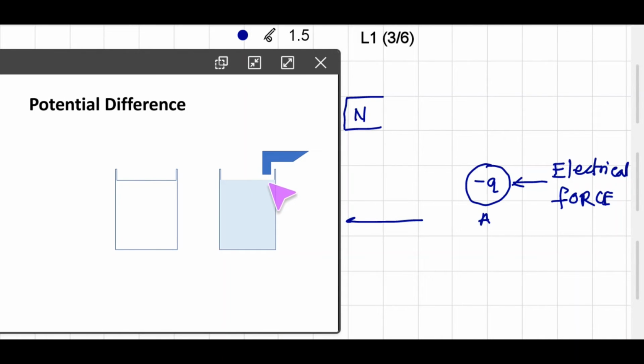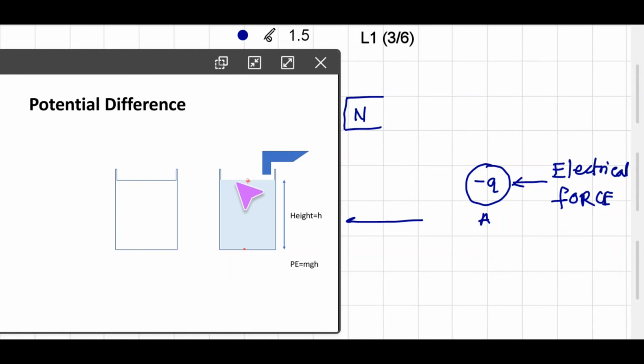Now observe here that some particles or molecules of water are here and some are here. What is the basic difference between them? See, those who are at the bottom, their height h is equal to 0, and at this point the height from the earth's surface is higher. So this height is basically the reason for potential energy, and gravitational force is already acting on the molecules. So the particles at a higher level have higher potential energy, that is P is equal to m into g into h.